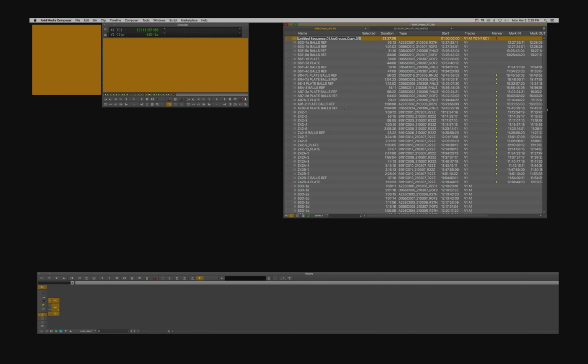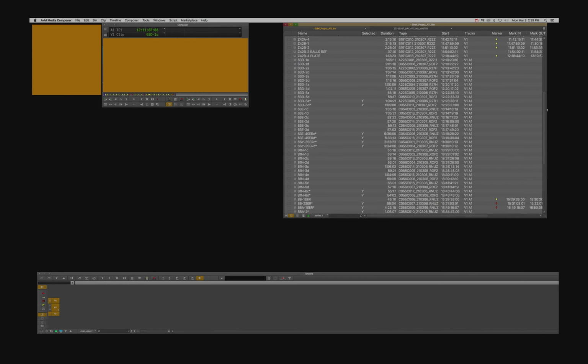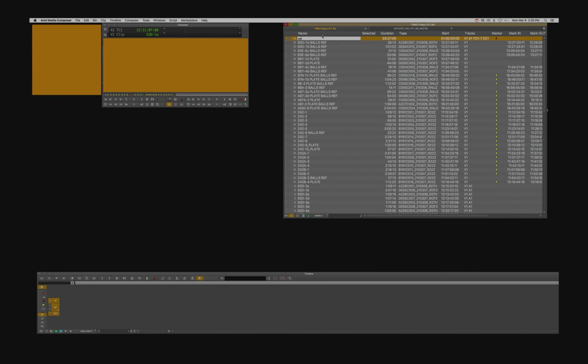Don't need the original. Now I have 2 types of locators. I have yellow for resets, and then I have red for resets as well, but they're also circle takes within the series. So I have to do 2 sequences. I'm gonna call this one yellow and this one red. So if I open up my red one,